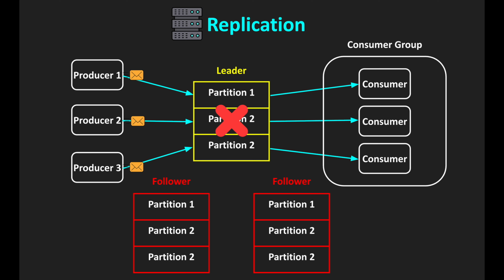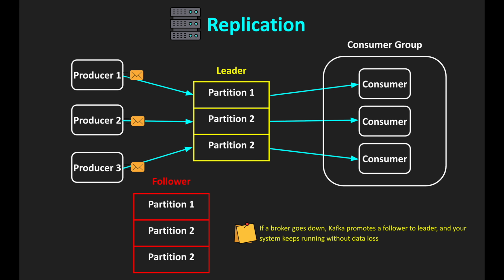So what it means is, let's say we want that specific topic, that specific partition, to be replicated in at least two brokers. So for example, in this case, we have three brokers, and each partition is replicated in three brokers. So let's say that if our leader is gone, if our leader is down, then in that case, what Kafka does is Kafka promotes one of the followers to the leader, and we are adding